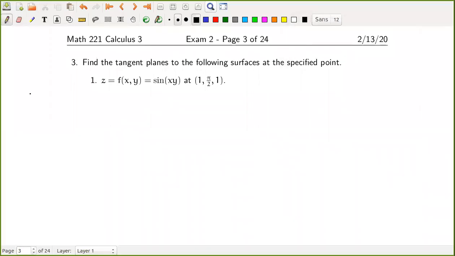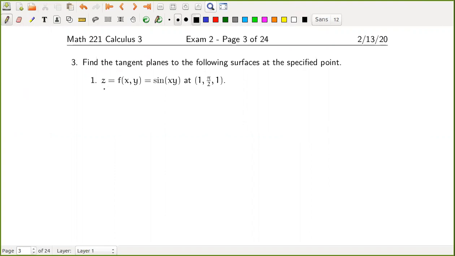Okay, so I'm going to do problem 3. This is finding the tangent plane to a surface. Now, when I did a similar problem on Dr. Yaskin's test, I did it one method. I'm going to do it another method here. So the idea is that the equation for the tangent plane, so if you have z is equal to f